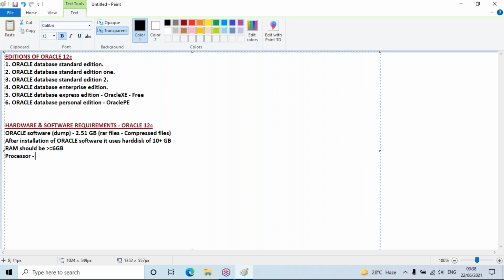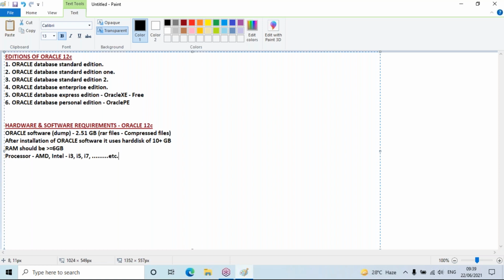Remember, if you have an AMD processor, perfect, no issues, it will work perfectly. If you have Intel, whether it is i3, i5, i7, or whichever Intel processor, that is fine.